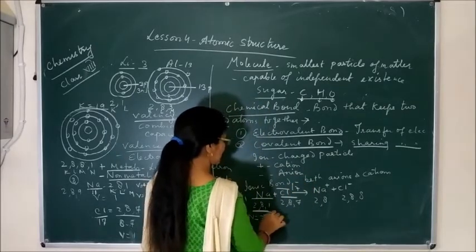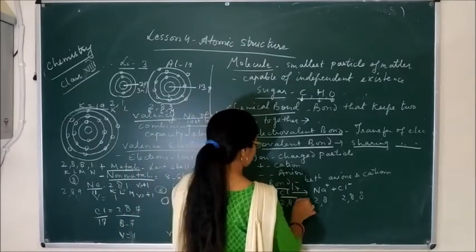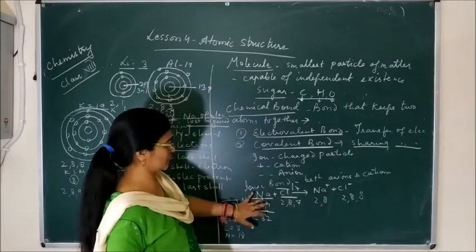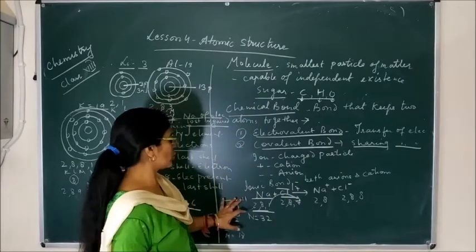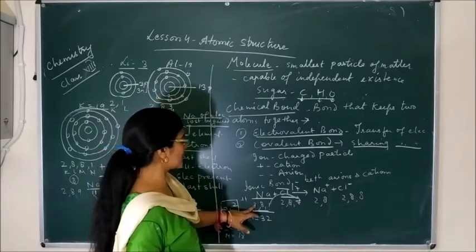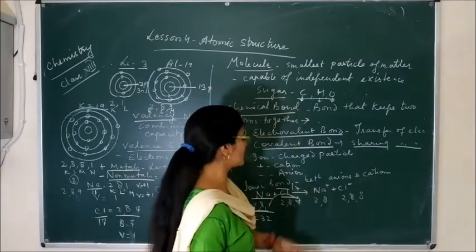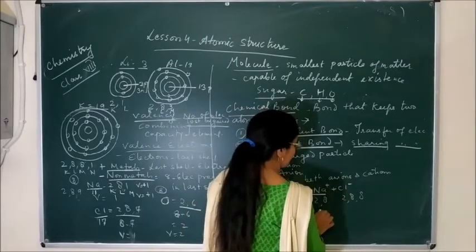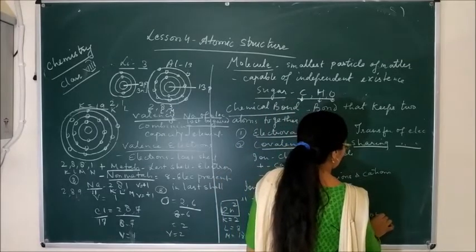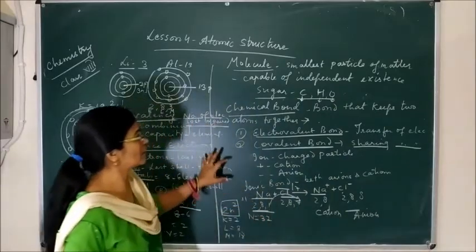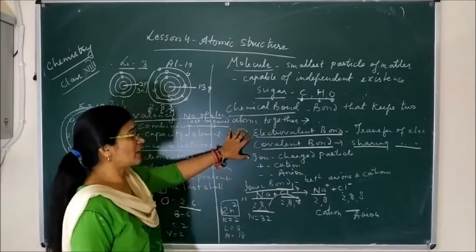So if we arrange in different shells, 2,8,1 for the sodium atom and for chlorine 2,8,7, means the last shell of sodium will have one electron, so one electron will be transferred to the chlorine atom to achieve the inert noble gas configuration. So here the sodium and chlorine become stable and form sodium chloride, and the ions formed are sodium Na+, means it will form a cation, and chlorine will form an anion. The combination of these anion and cation forms the ionic bond, and the ionic bond is also called the electrovalent bond.